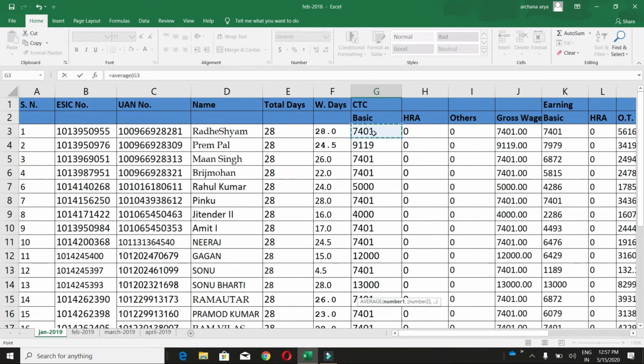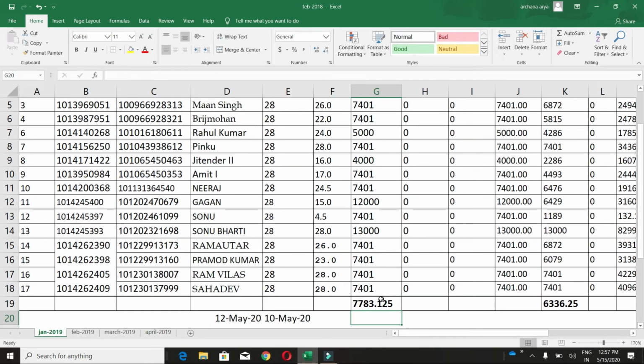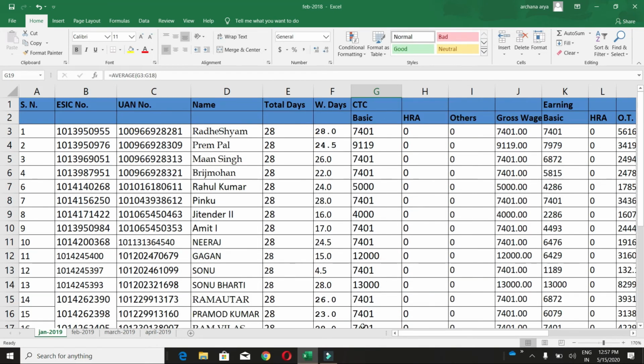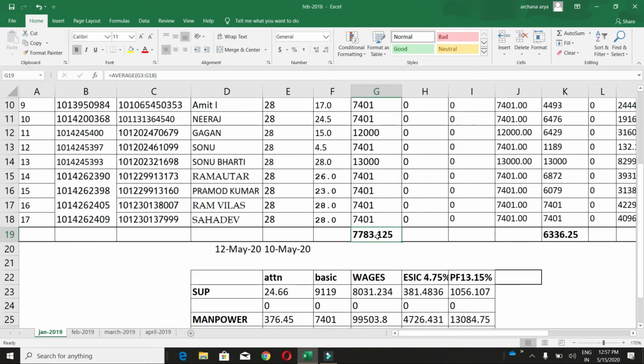I'll select a range. So this is the average value of all these cells, 7783. We have applied the average formula here.